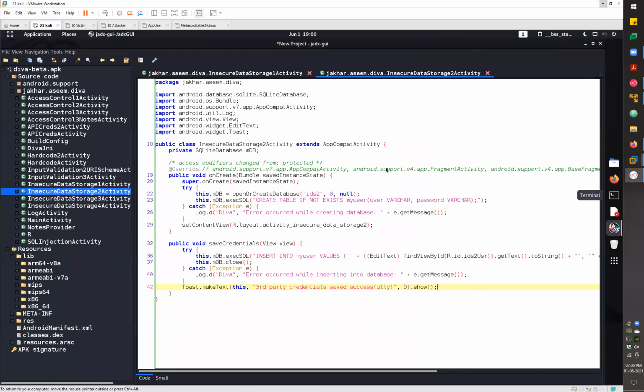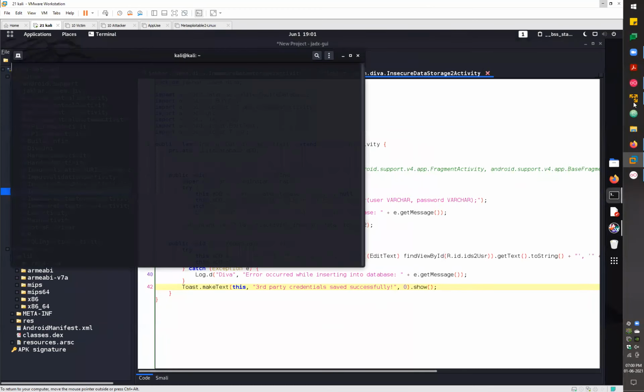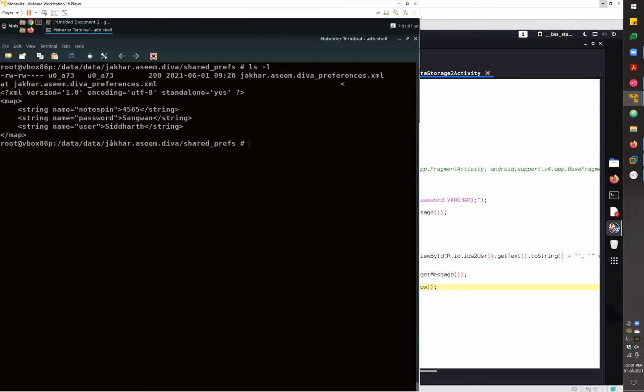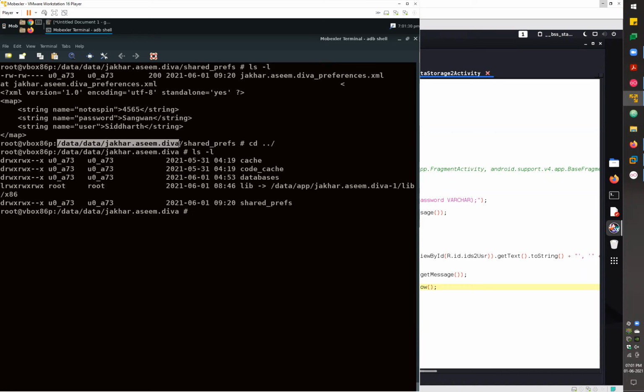Now, if I go back to my ADB shell, you can also access the databases directly. For the ADB shell, you can just go with this simple mobile explorer again, and let's go with the same folder again. Just because these credentials were saved by your application, it means this was your application data, and your application data will be stored in this directory, /data/data/your package name, right? If I go back one more time and go with ls -l to list out all